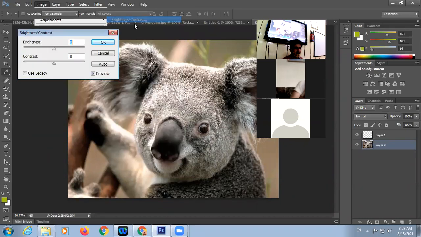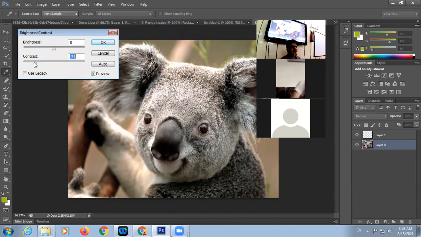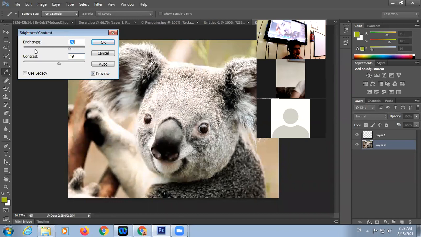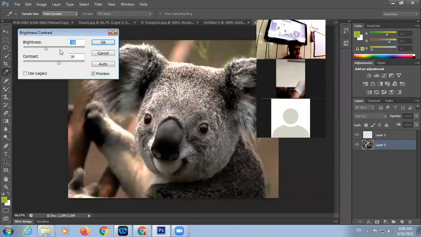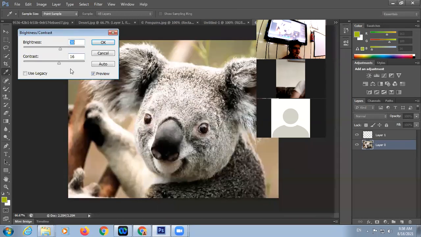Okay, so by using that we can increase the contrast, and contrast means opposite color, means your difference in color combinations. Okay, brightness means darkness and lightness. If you click on OK, the changes will be applied on the image.